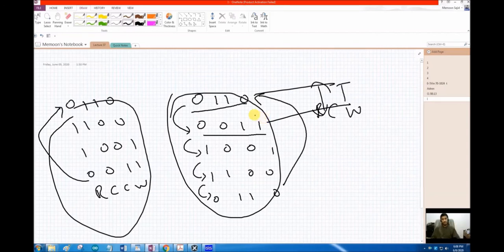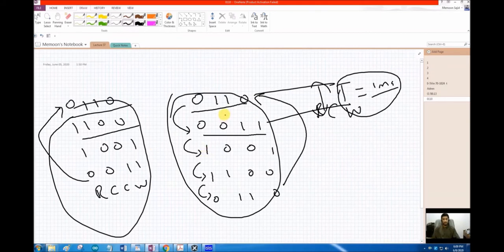But if I give a very small delay between these two values, for example a delay of 1 millisecond, the motor will seem to rotate continuously, and it will seem to rotate smoothly. And by changing this delay, I can change the speed of the stepper motor, and by changing the rotation direction, I can change the direction of the motor. So all we have to do is send these values one by one to any of our ports and connect our stepper motor to those 4 pins of the port, and our stepper motor will start working.